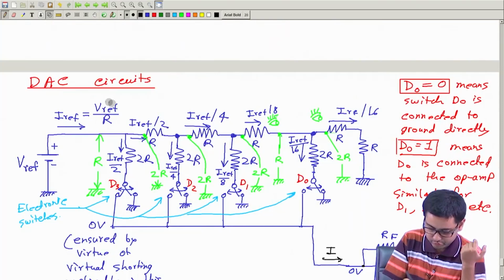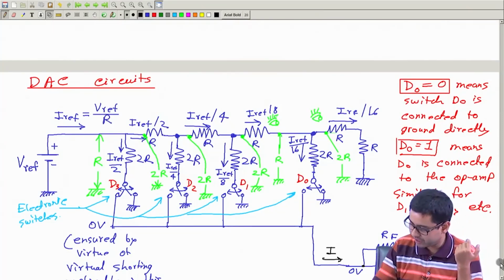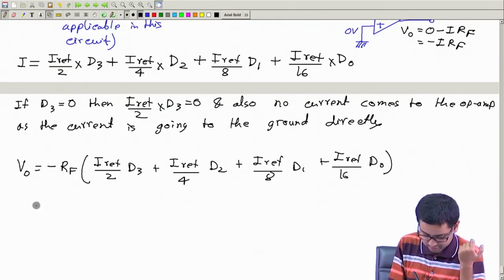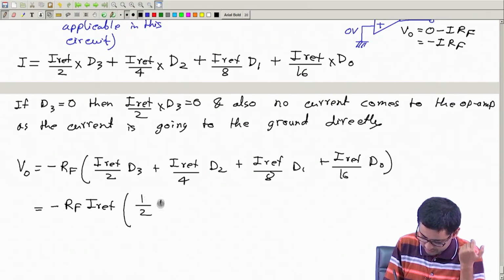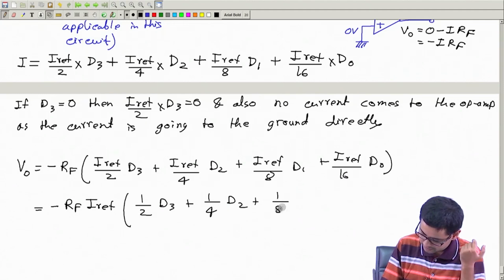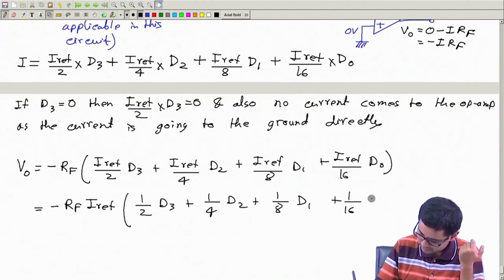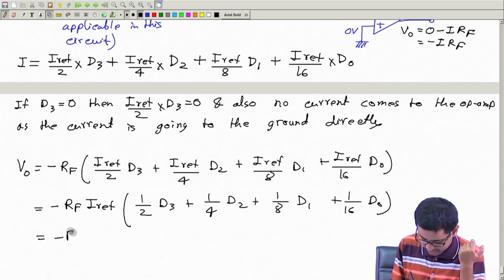That we have already computed here: IREF is VREF by R in this circuit. Therefore I can write IREF is VREF by R, or let me take this IREF outside, common. And now I write this as VREF by R multiplied by D3